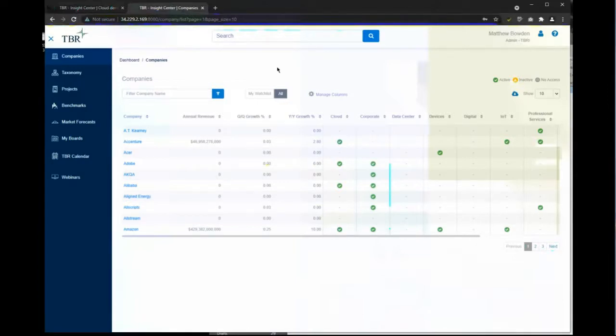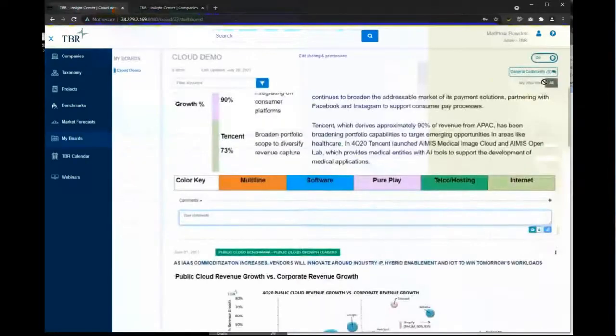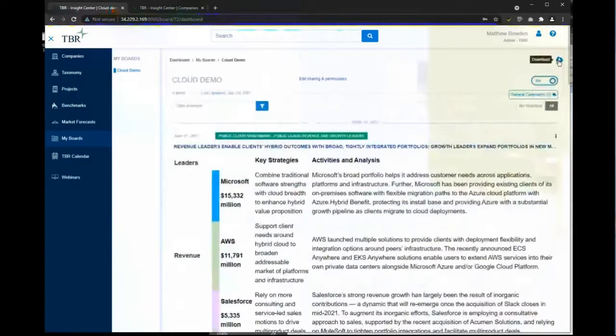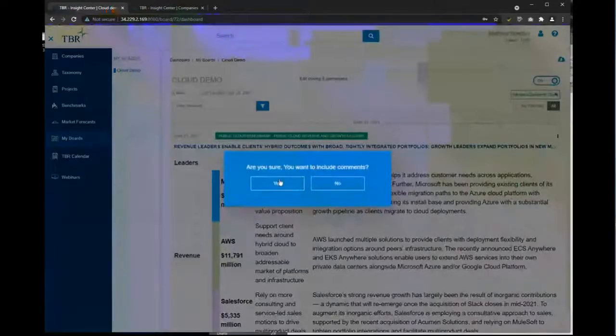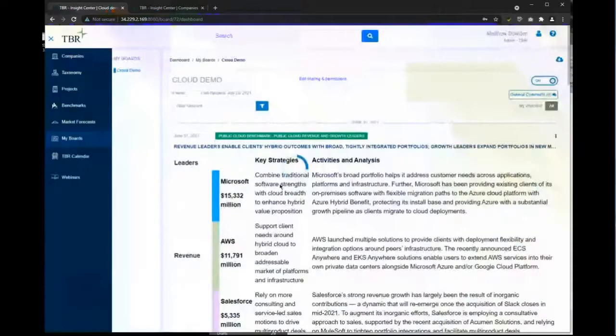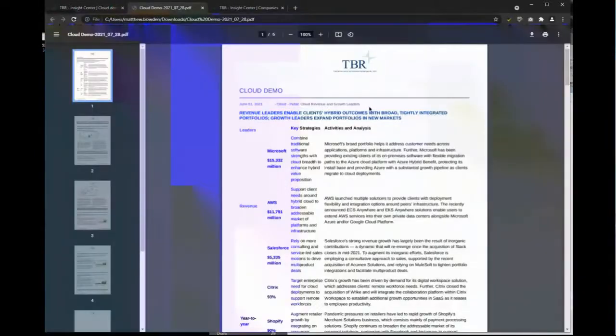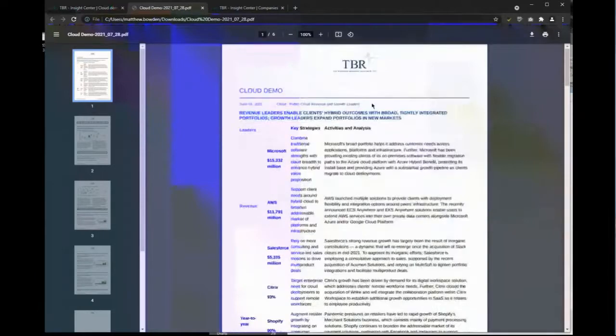Yes, so certainly you can do that. If you wanted to take it off the platform, put it on another platform, do it via email, things of that nature, we have the same download functionality, which you can choose whether or not you want to include your comments. So if people have left comments on the board, you'll capture those as well when you export. And then it'll just be in a TBR branded PDF that's showing all of the content that you had pinned